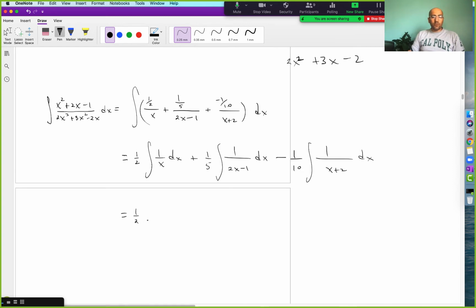Good. So this would be equal to 1/2 ln of absolute value of x plus 1/5 ln of,